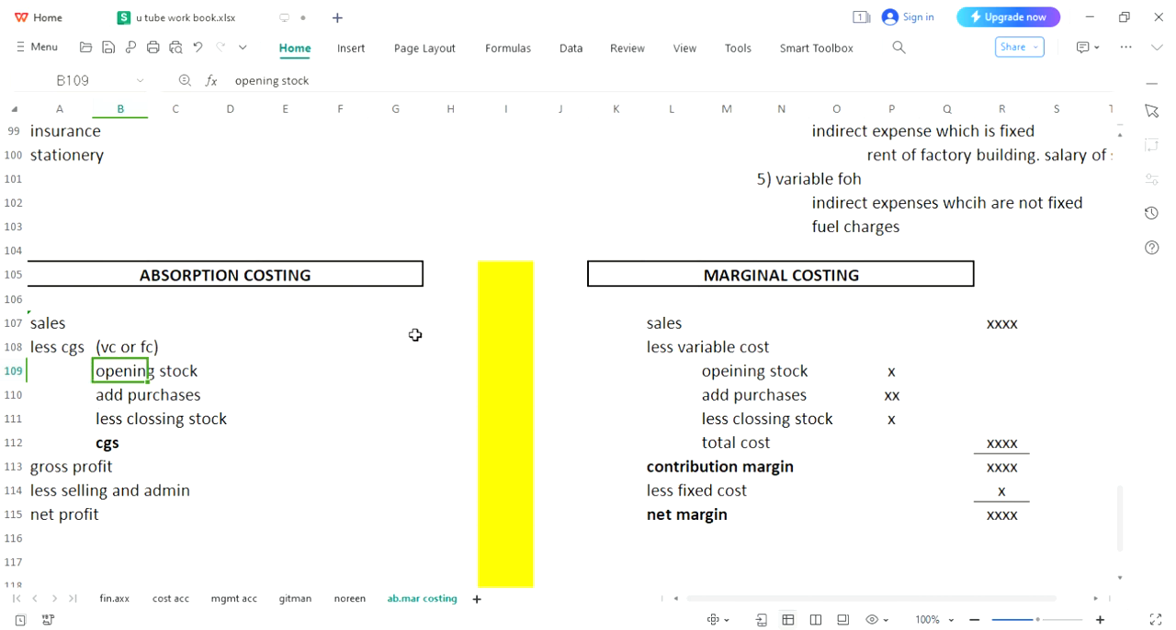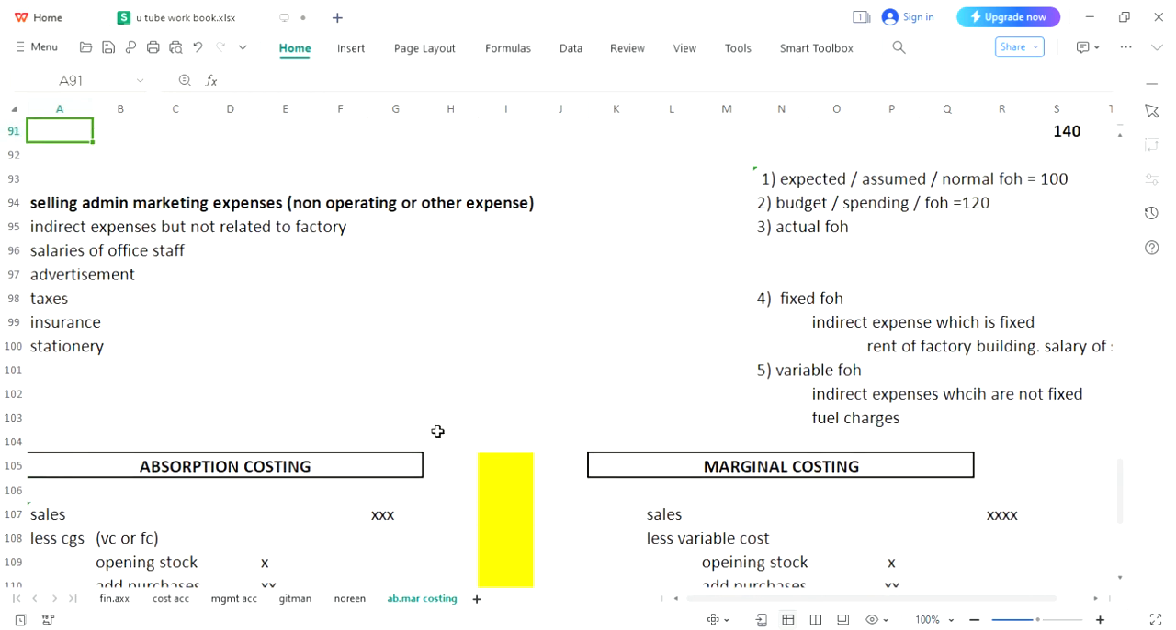Right, at this point you will write your sales and then you will calculate your cost of goods sold. Opening stock would be written over here. We will add purchases and we will subtract closing stock. Final cost of goods sold would be written over here, and by subtracting this cost of goods sold we can get our gross profit. But over here we are introducing a new concept and you will have to be mentally prepared. Come over here. We have discussed various types of FH: expected FH, budgeted FH, actual FH, fixed FH and